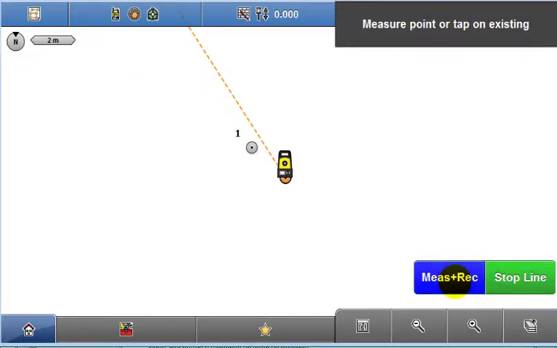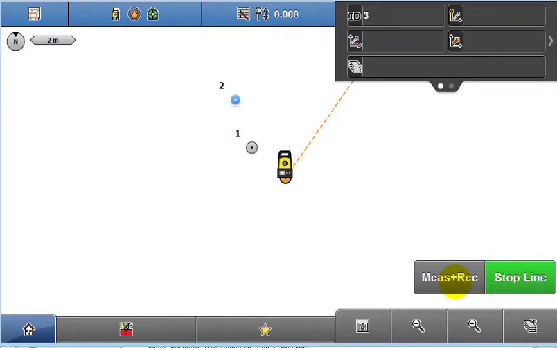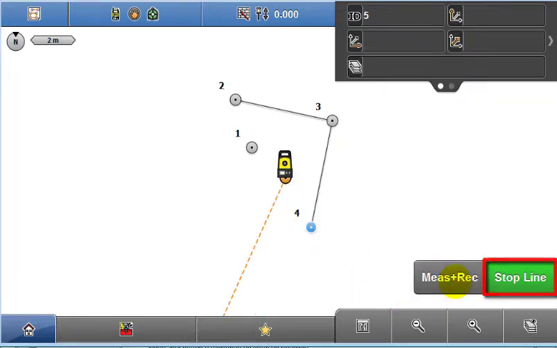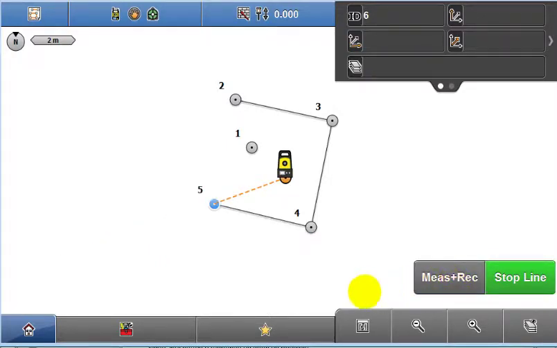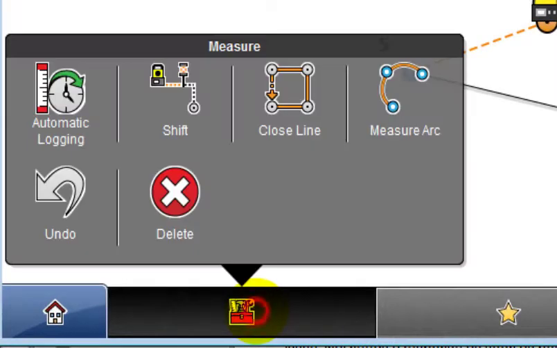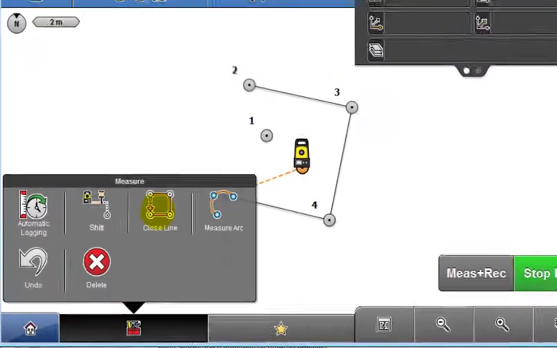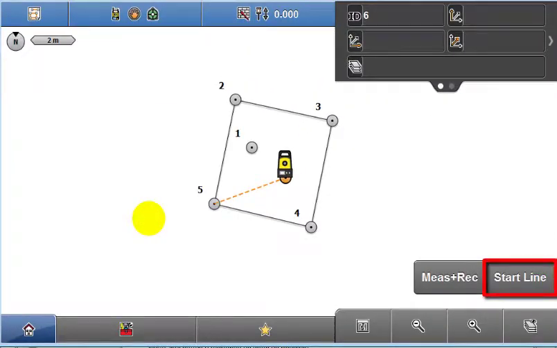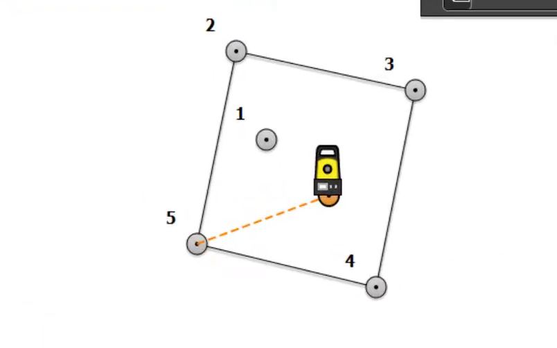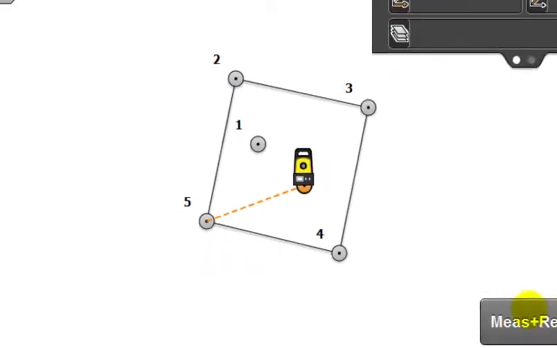Measuring points using Measure and Record, the points are stored immediately, as the button carries out both the Measure and Store commands simultaneously. Because the Start Line feature is enabled, each point stored is connected by a line to the previously stored point. Use the Close Line feature in the toolbox to connect the first and the last point. At that stage, the Start Line feature is automatically turned off. So measuring that square and connecting the points with lines required only a few screen taps, mainly using the Measure